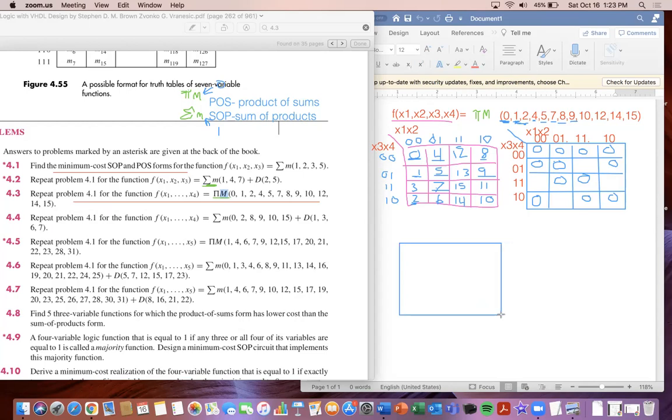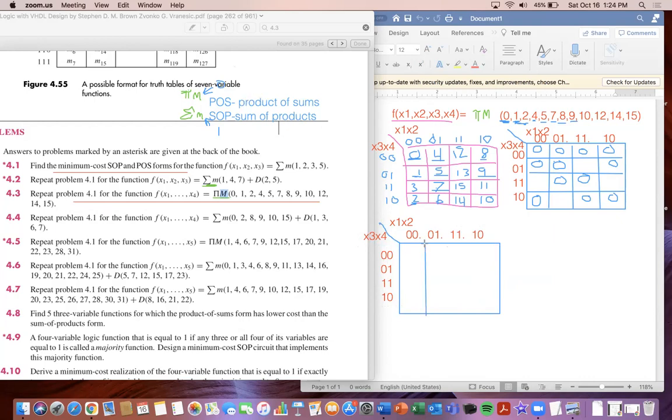I'm going to replicate this exactly, you'll see. X1, X2, and then I'm going to have my